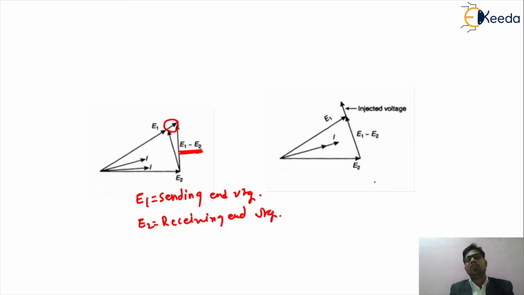So friends, if we are using a transmission line by injecting voltage into your transmission line in series, then obviously, if you want to inject a voltage, we have the fundamental formula P equal to E1 into E2 divided by X into sin delta. If you increase the injected voltage perpendicular to the current, it is represented by this phasor representation. This will be the current, and the injected voltage will be perpendicular to that particular current. This is another phasor representation in which the injected voltage is perpendicular to your line current.